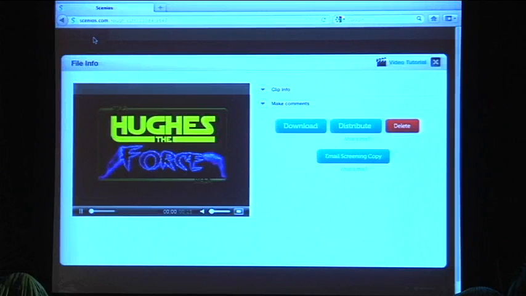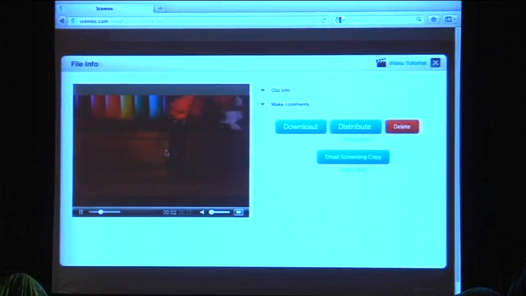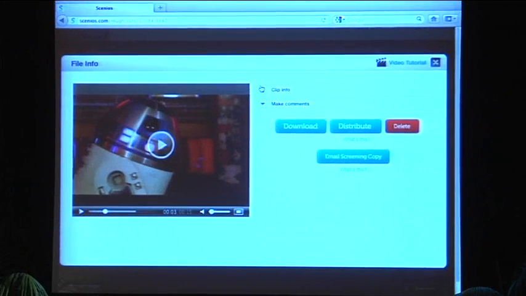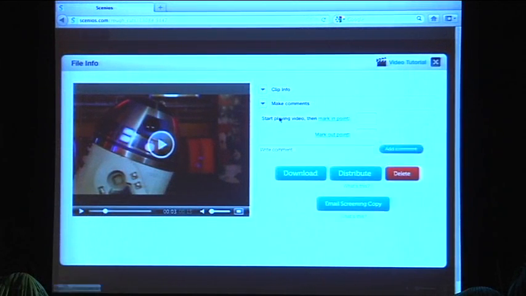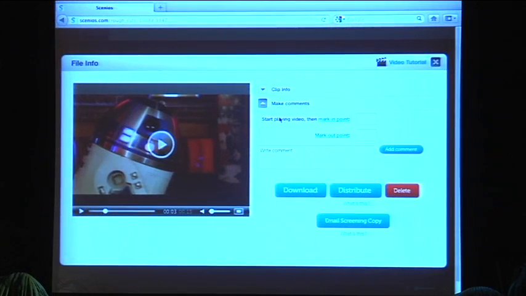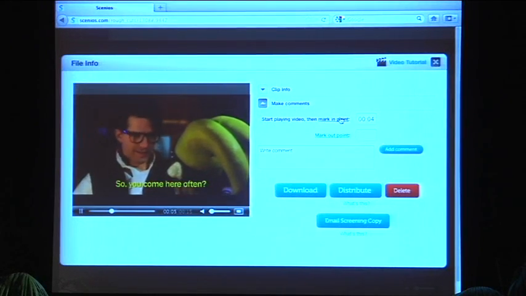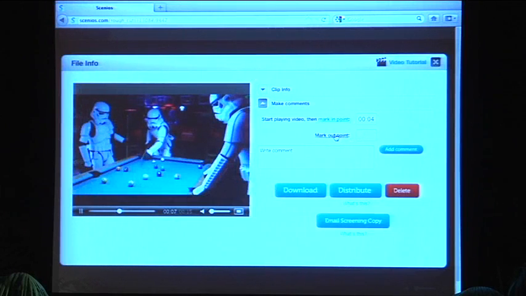Okay, but I'm going to click on the More button here because this is where the set of video tools are. So you can see here's a low-res copy of the video. There's basic information about the video clip here. That's fine. But there's also make comments here. So let's say your editor uploads a rough cut of the sizzle reel and you've got some feedback for them. You can make comments. You can annotate right on top of the video. So like it says, start playing video. Okay. Mark my in point. Mark my out point.